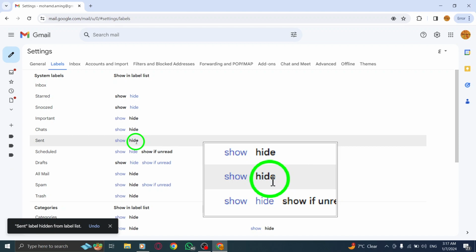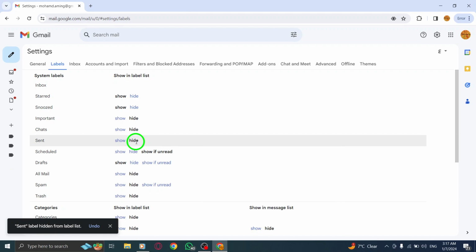By hiding the sent label, you can focus on incoming emails and prioritize your inbox without the distraction of your